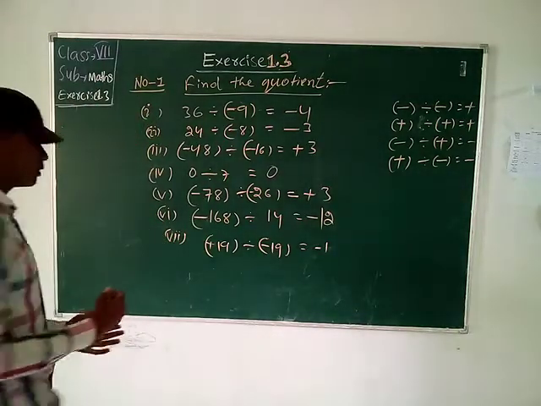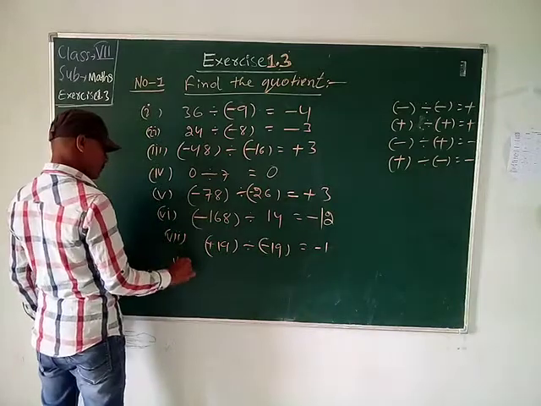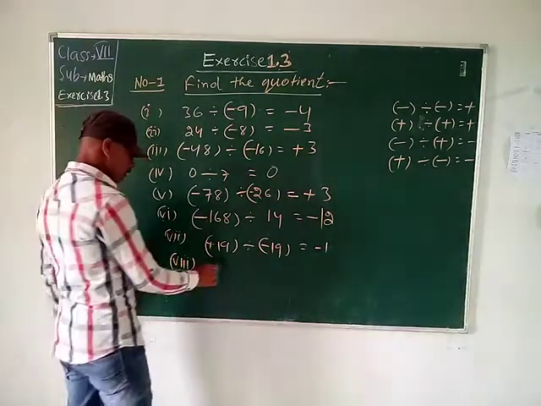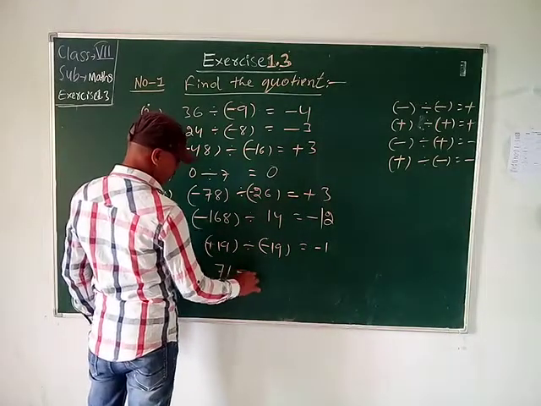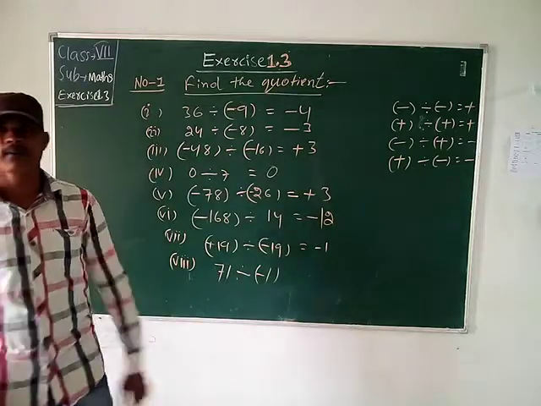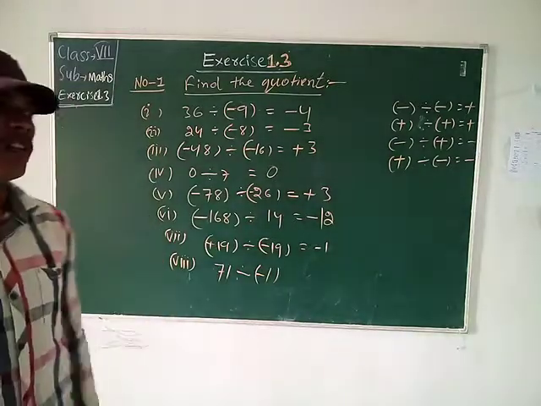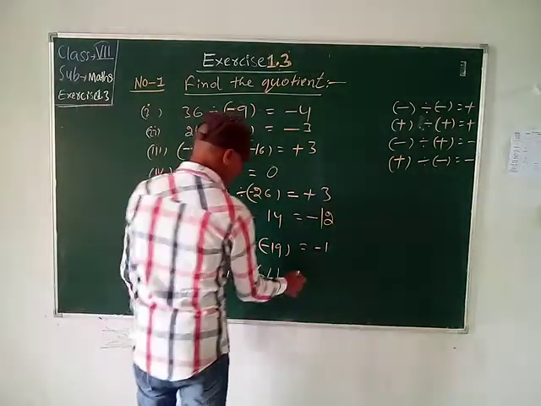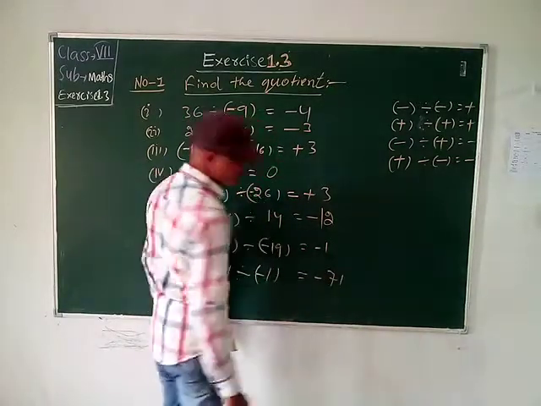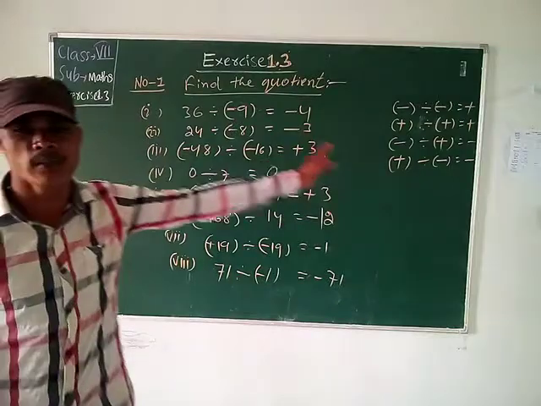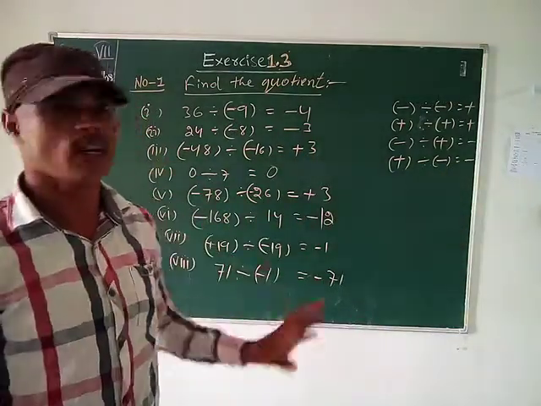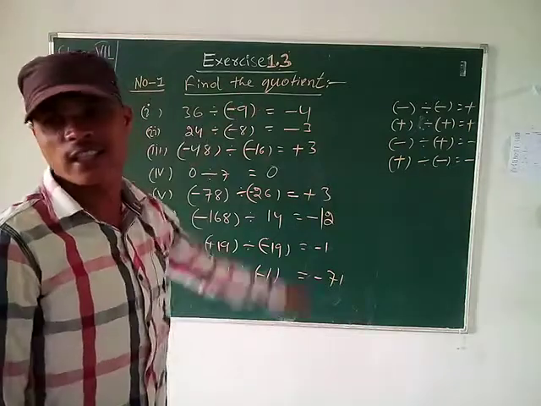Now we will do the last one. That one is the eighth part. What is the eighth part, sir? 71 divided by minus 1. Okay. We know that if we divide any number by 1, the number is always the same, and also any number multiplied by 1, the number is the same. So here plus or minus 71. These are the questions of your number 1. It is very easy. All of you know how to divide. You learned from class 1 divisions.